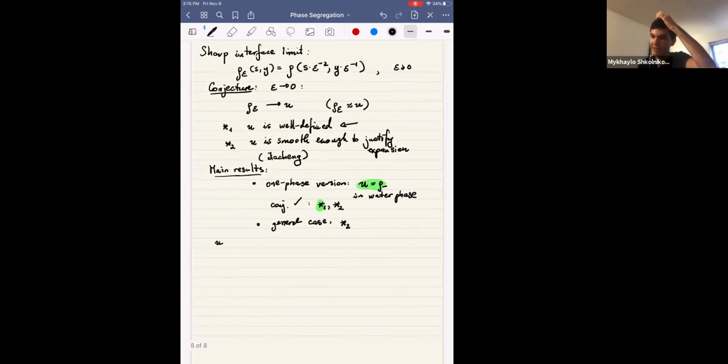All right, and the last bit of my part, let me focus on this one-phase version and say a little bit about its analysis and how it relates to probability, and also why it is simpler and why we can analyze this version but not the general case. Okay, so to do that, let me very quickly write out the free boundary problem in full detail for the one-phase case.